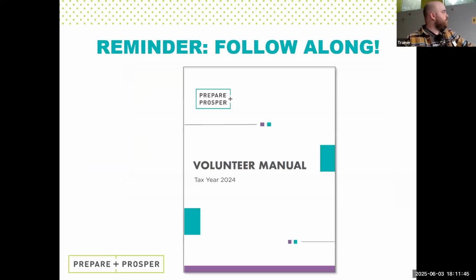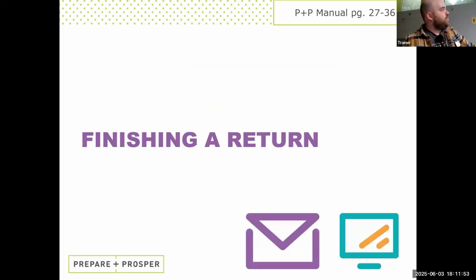Reminder, you can follow along in your manual. We're going to have the numbers of the relevant pages up in the top right corner. And so to begin, if you want to open your manuals up to page 27, page 27 is where we start looking at how to finish return. I'm going to quick grab my